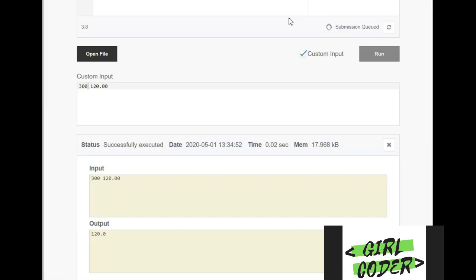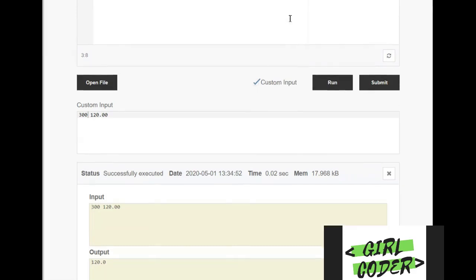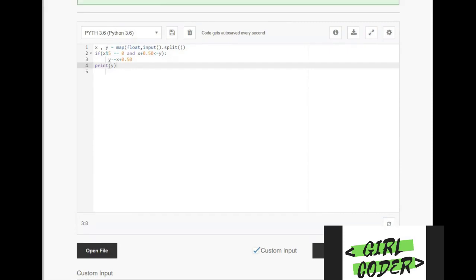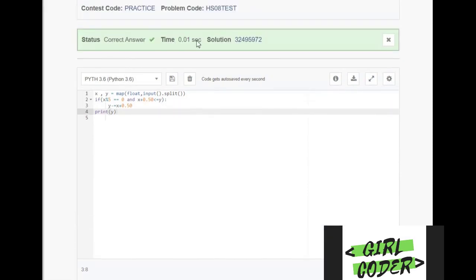But never give up. Try and try until you get the code right. You'll get motivated if you see that green sign on CodeChef, like this. You'll get motivated all the time while seeing this.